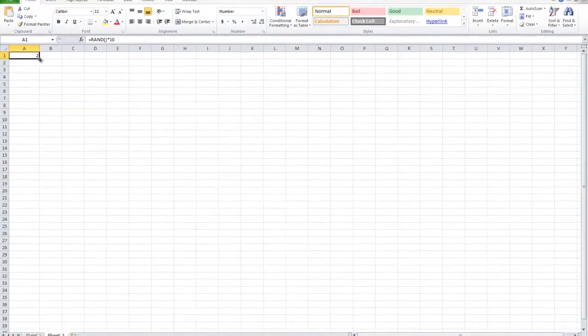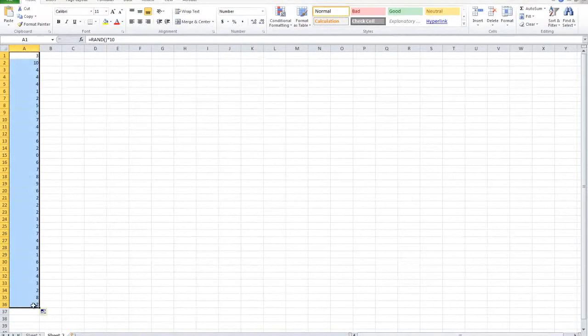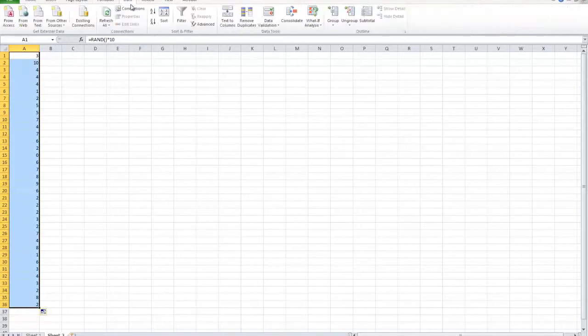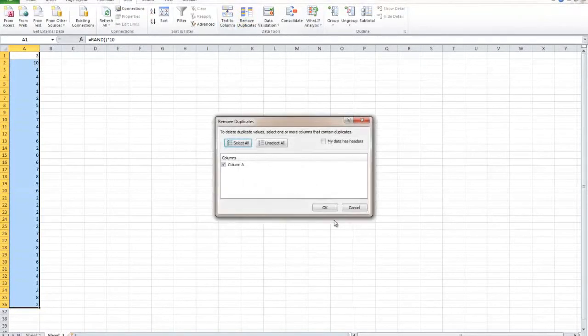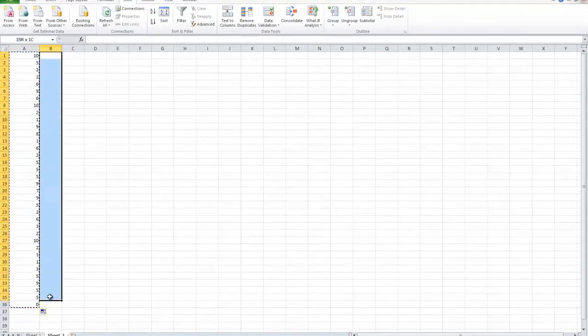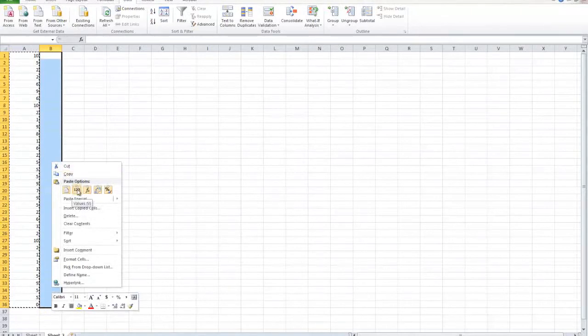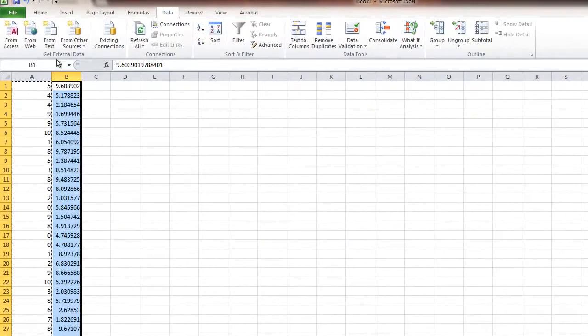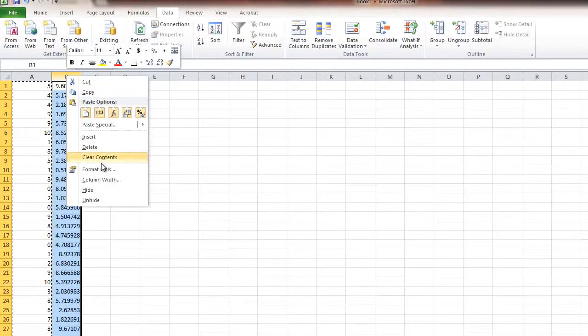And check it out. I can go down and pull it down, and I got a bunch of numbers. Now I have a lot of duplicates, and in my other video I explained that if you go to data and you click on remove dupes, we're able to pull. Unfortunately, it doesn't see numbers, it just sees the formula. So if I copy this, and for some odd reason I can't seem to copy the clipboard on my computer, which is weird. But if you paste this as values,